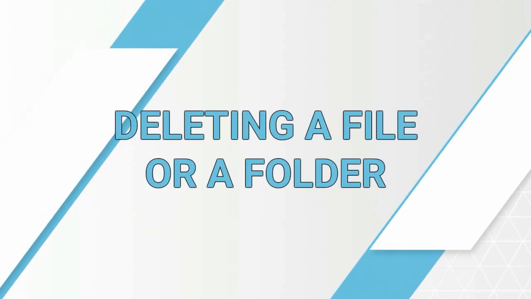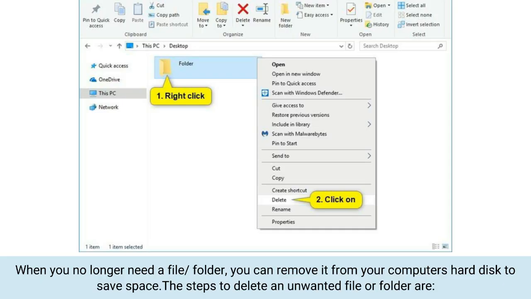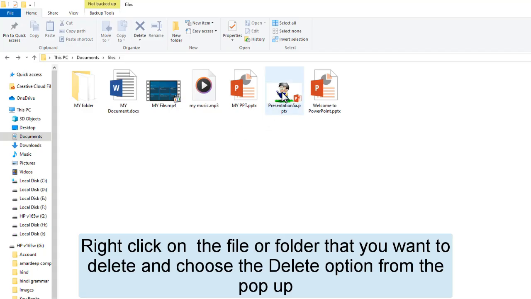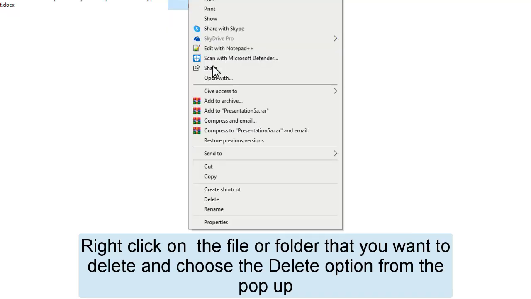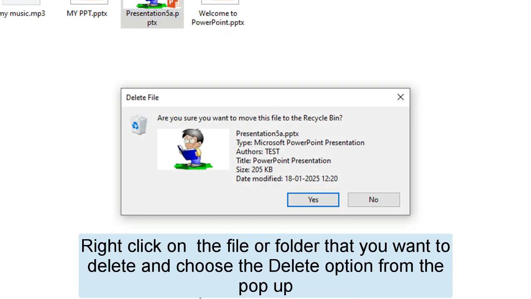Deleting a file or a folder. When you no longer need a file or folder, you can remove it from your computer's hard disk to save space. The steps to delete an unwanted file or folder are: right-click on the file or folder that you want to delete and choose the Delete option from the pop-up menu.